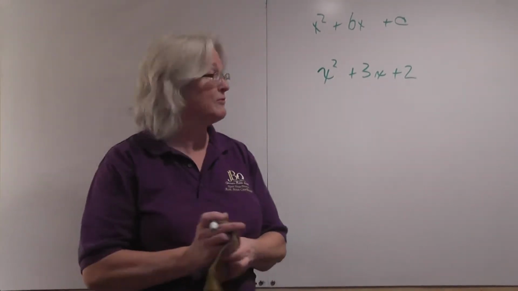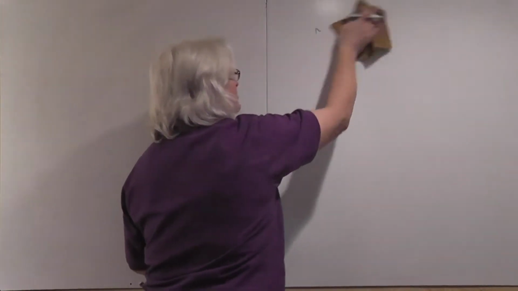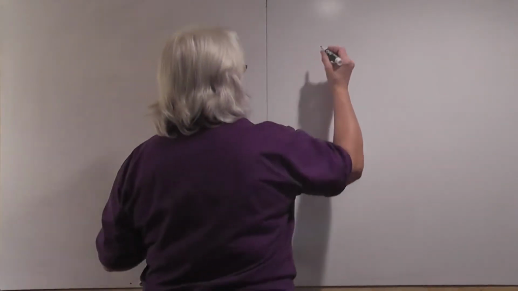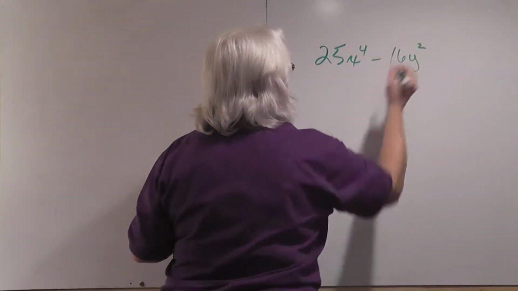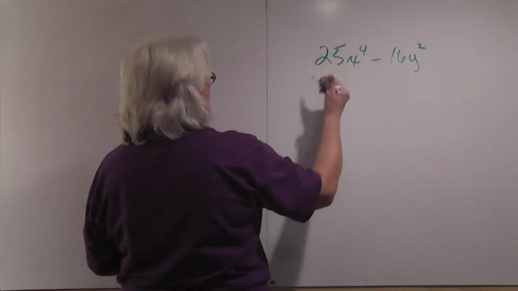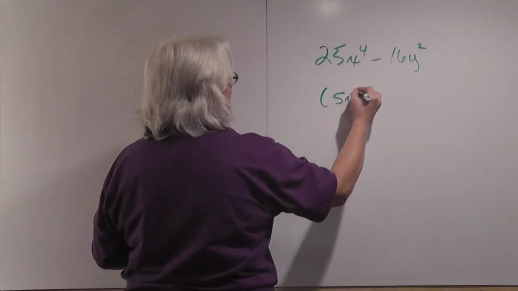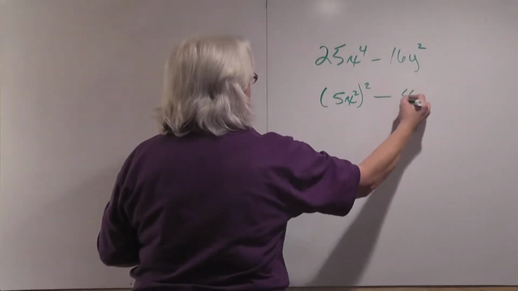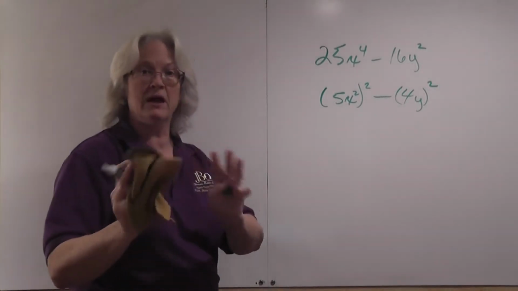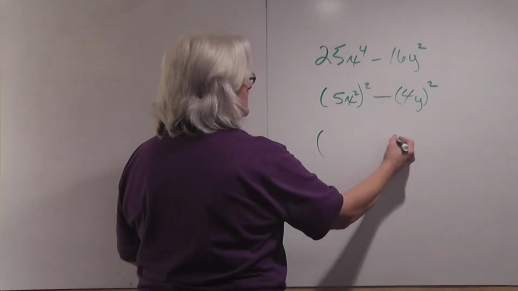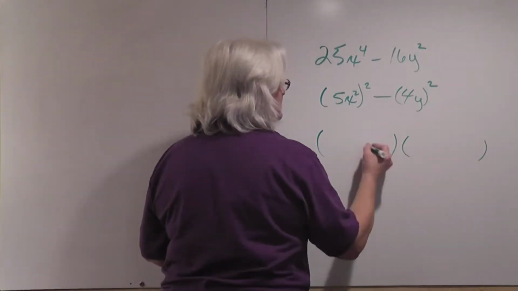You already learned how to recognize and factor the difference of two squares, and you learned how to recognize and factor a perfect square trinomial. And those are cool when they happen and they're very easy to do. You say, oh cool, I so understand this. I know how to factor 25x to the fourth minus 16y squared because I recognize that this first term here is actually 5x squared, and this second term is 4y squared. So I can use my handy-dandy cool little formula that tells me that when I factor the difference of two squares,